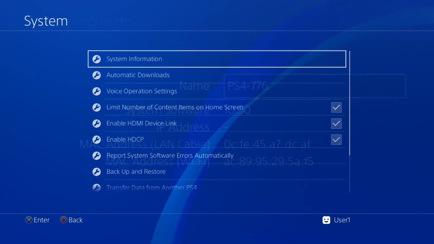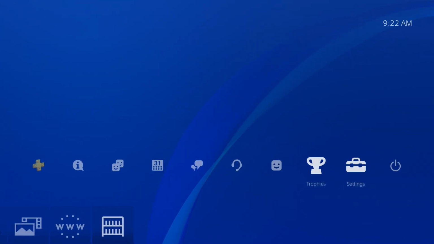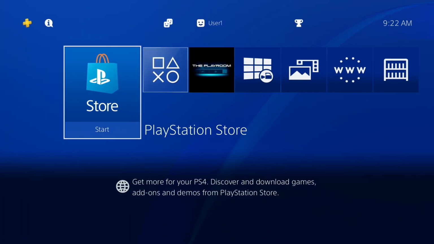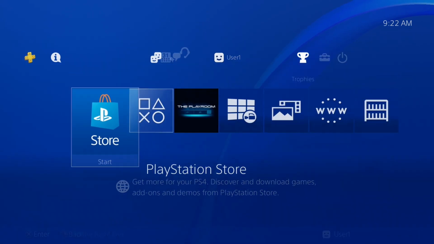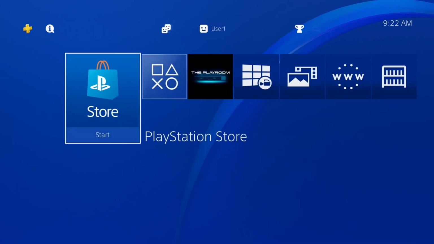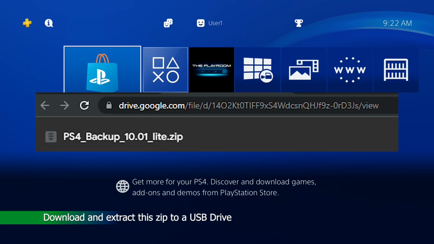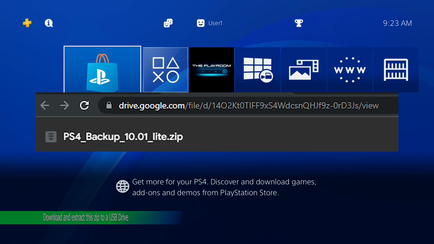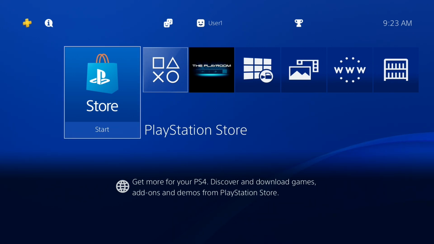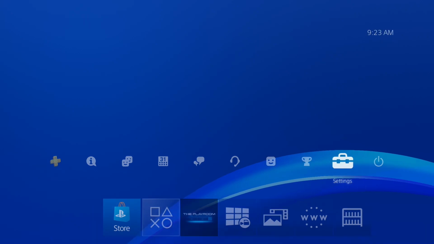And you might think that for 10.50, that means that there really isn't any type of customization that we can do. Well, in reality, there actually is quite a bit of customization. So the very first thing that you will want to do is download this package right here. Okay, so go ahead and insert the USB stick into your PlayStation 4,